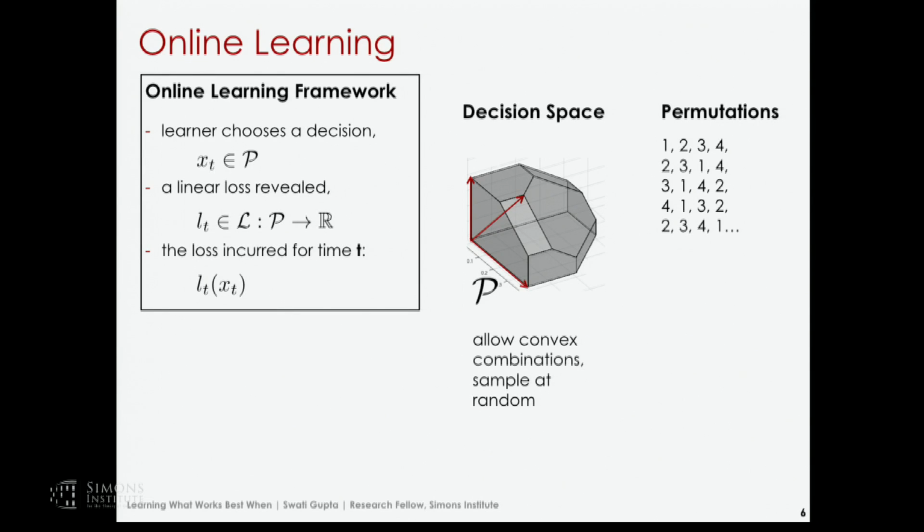And the online learning framework says that, OK, so let the decision maker choose a randomized decision, which is a convex hull of these vertices. I'm going to call these vectors vertices. These are the pure decisions. So I'm allowed to randomize over them. That gives me this convex space. That's the polytope. Then a linear loss function is revealed. So for instance,